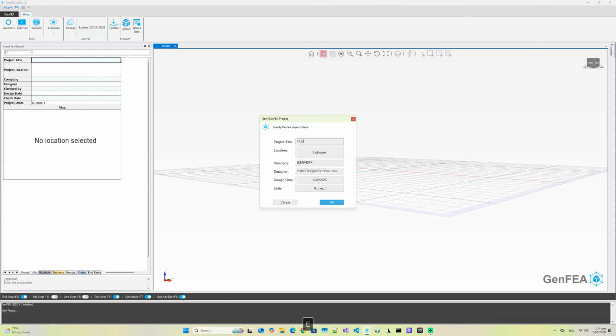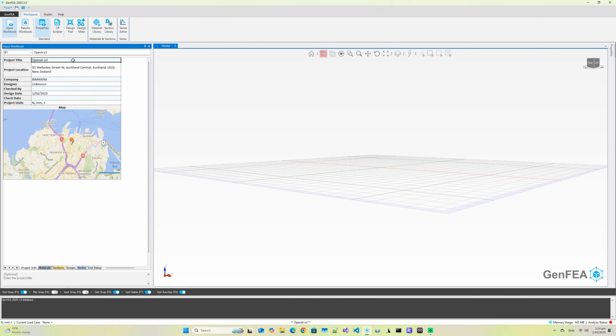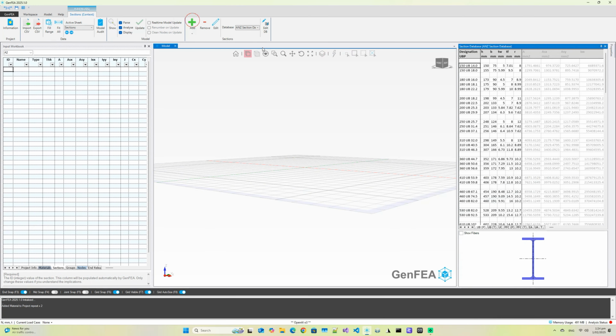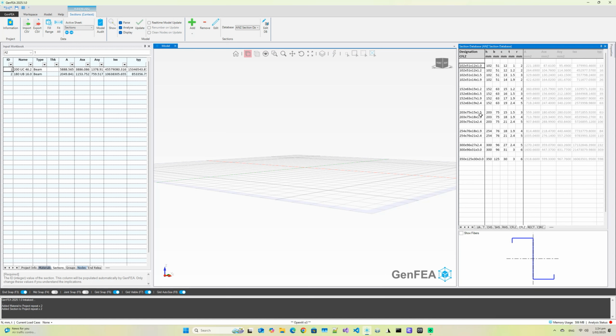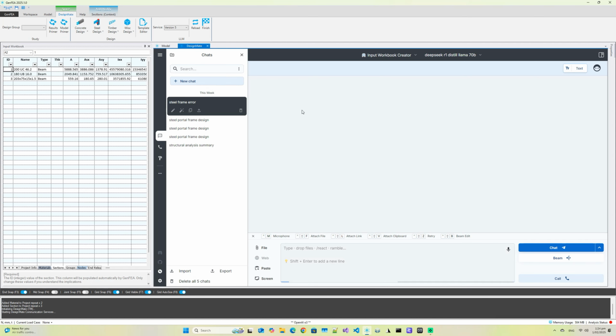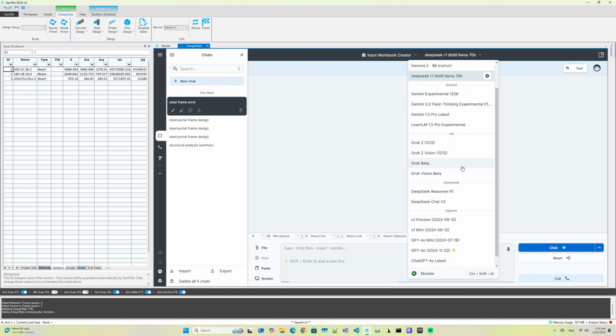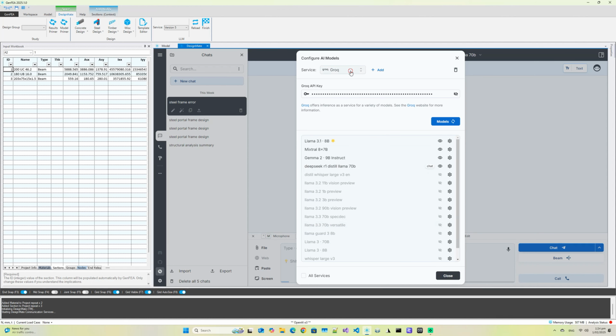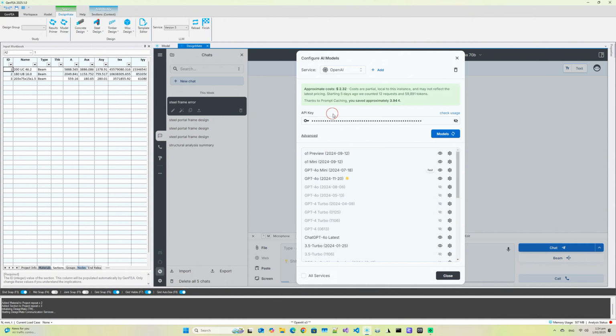Hi, so today we're going to look at the latest O3 reasoning model and O1 reasoning model from OpenAI within GenFEA. What I'm doing here is quickly setting up a project. I've added some materials and sections, and if we access DesignMate, we can see now from the OpenAI models we've